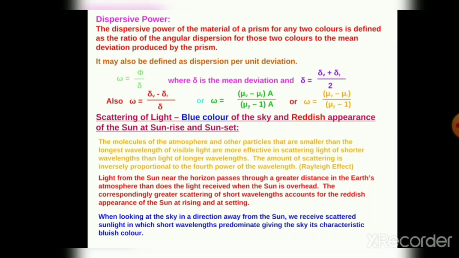This process is called scattering of light. As a result, a part of the intensity of light is divided into different directions in different proportions. If the size of the particle which scatters the light is smaller than the wavelength of the incident light, the scattering is known as